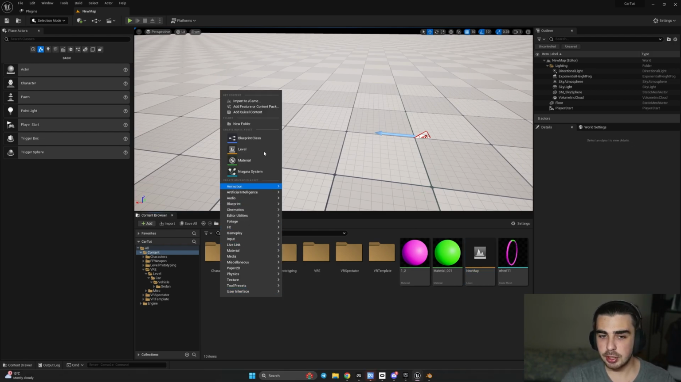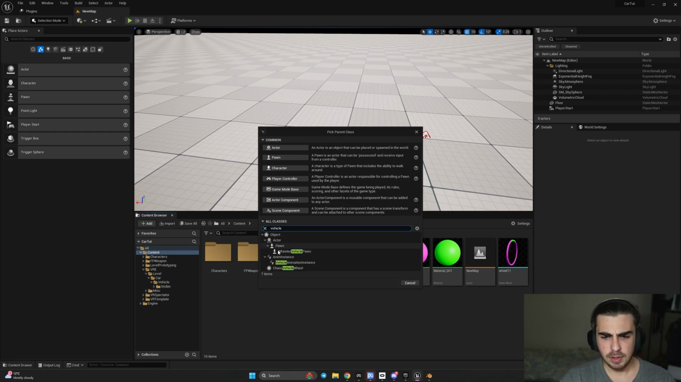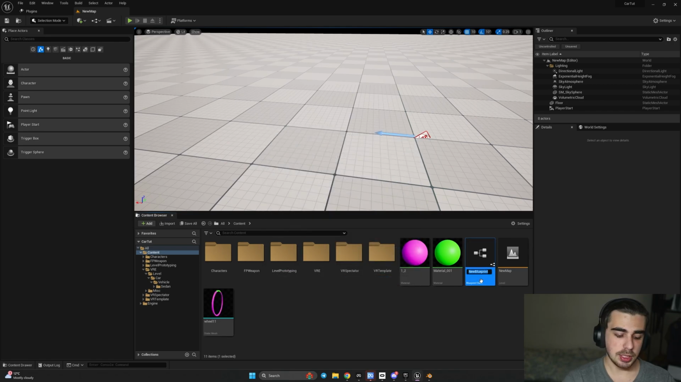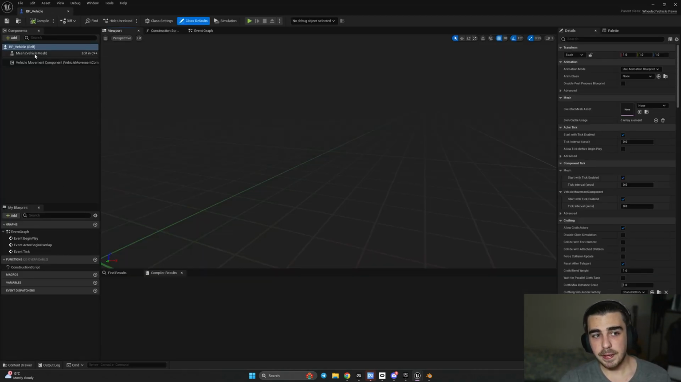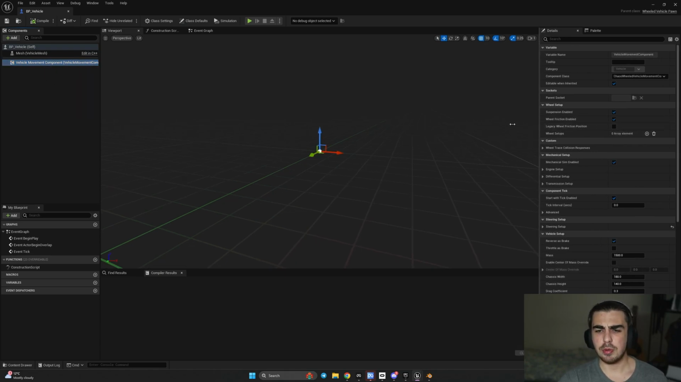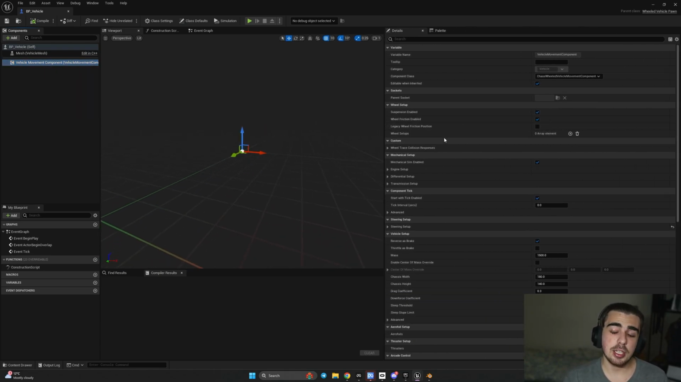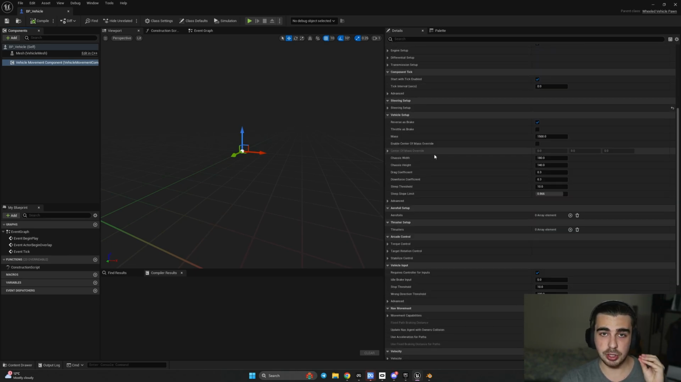So I will right click, blueprint class, and here we're expanding all classes. And look for vehicle, wheeled vehicle pawn. Select this one, and let's call it BP vehicle. And let's open it. And we can see here that we have our vehicle mesh and vehicle movement component. So vehicle movement component is basically settings for your car, like center of mass, acceleration, speed, all different settings. And you can play with them, but I'll do everything for default right now because there's literally a lot of